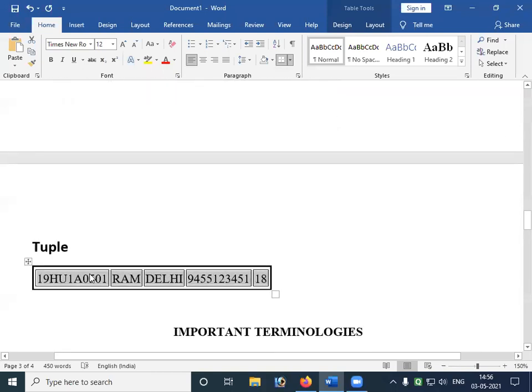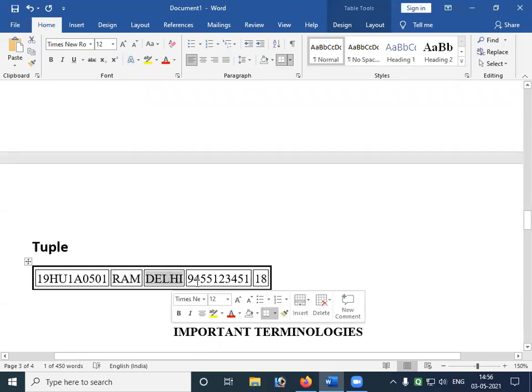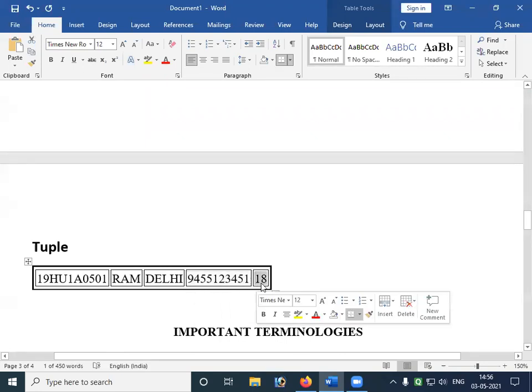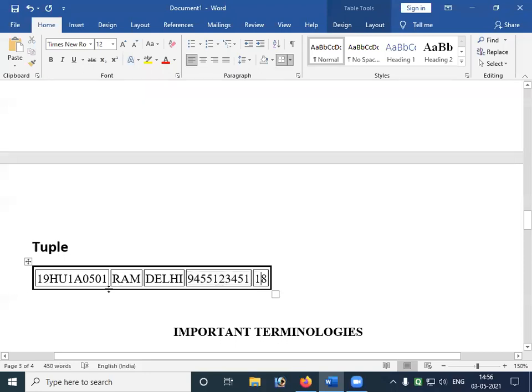We can definitely say the characteristics of 19HU1A0501. For example, what can we say from this tuple? The student register number is 501, his name is Ram, his address is Delhi, his phone number is 944-9455, and his age is 18. So this is called one instance, my dear friends.